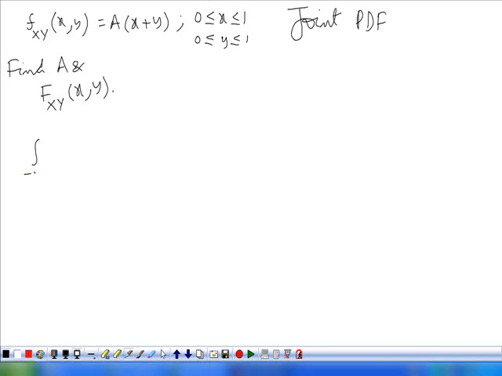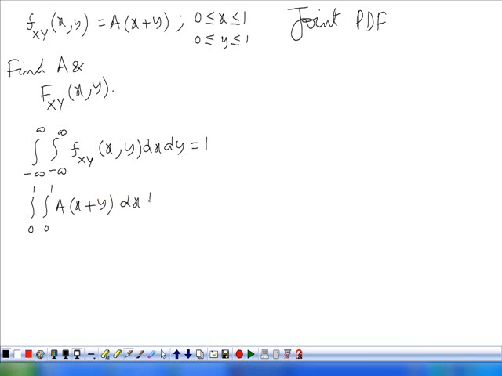Therefore, the integral from minus infinity to plus infinity of f_XY(x, y) dx dy must be equivalent to 1. Here both x and y are in the interval 0 to 1. So in that interval it is given by the integral of a times (x plus y) dx dy is equivalent to 1. Therefore this can be written as the integral from 0 to 1,